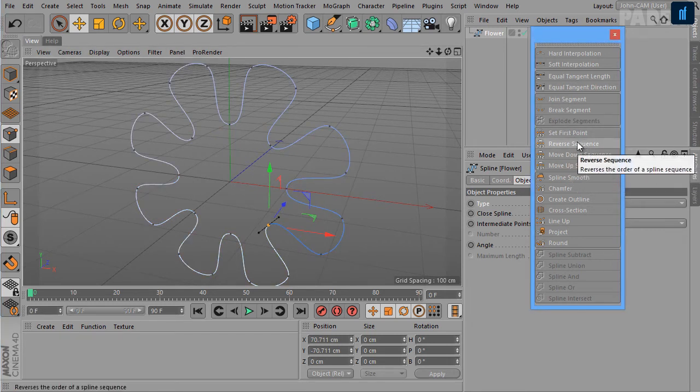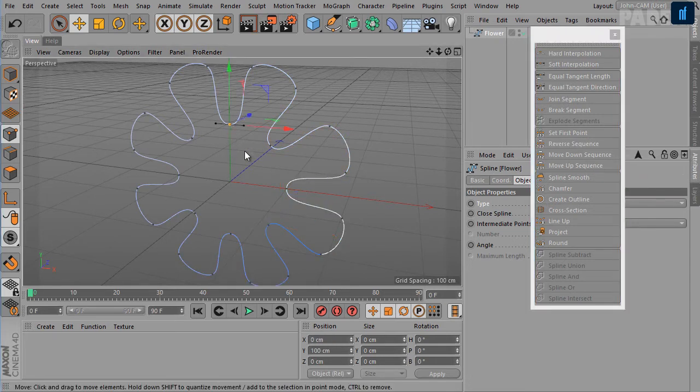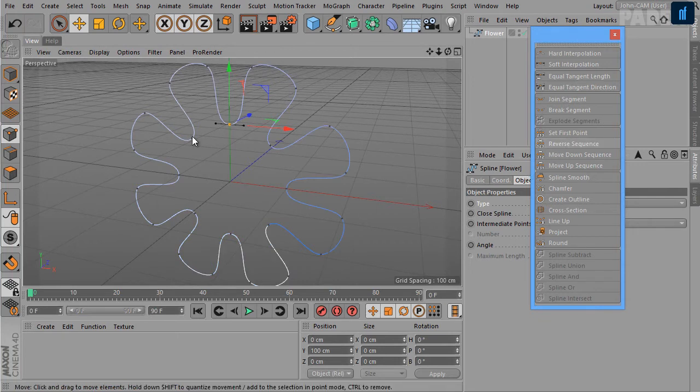Okay, next is reverse sequence. Use this command to reverse the point order of a segment. This command can be applied to several segments of a spline by shift selecting various segments. So we can reverse the sequence, and we can also move up the sequence or move down the sequence.